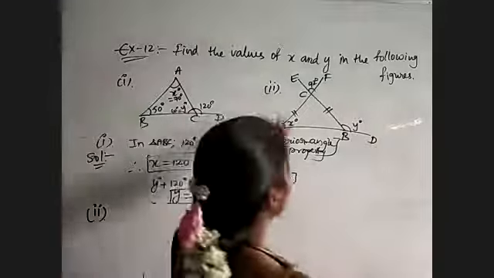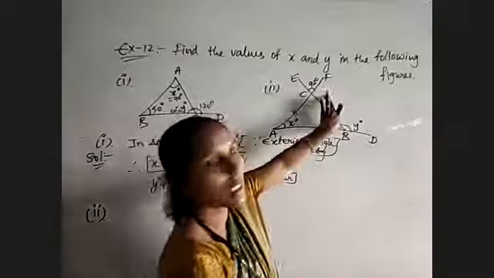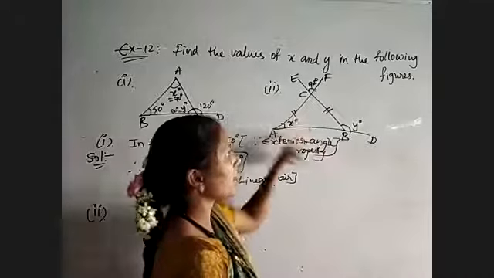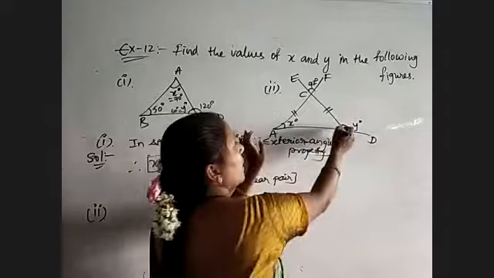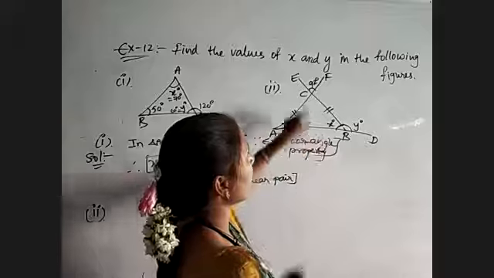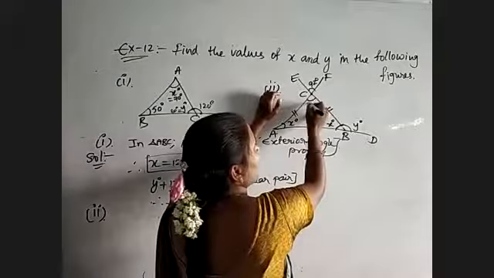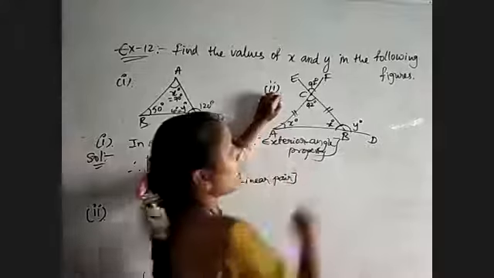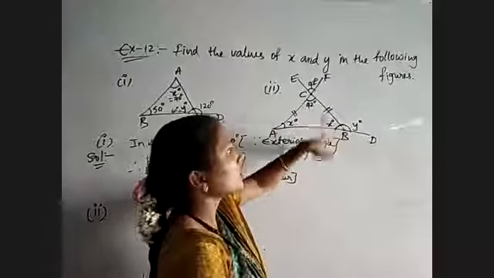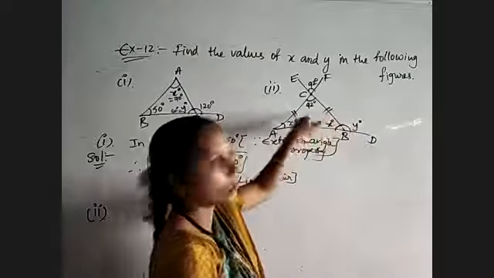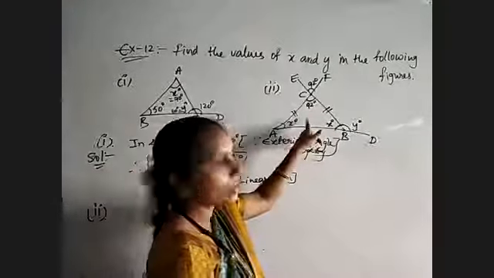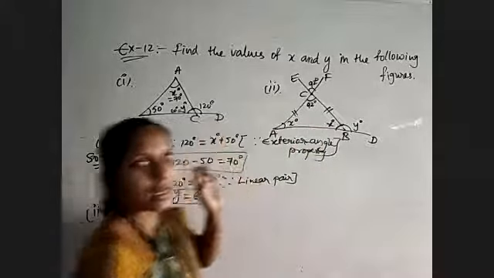Observe here, they have mentioned that AC is equal to BC. That means angle CAB is equal to angle ABC, so this one is also equal to x degrees. Now it is very clear that at C these two are vertically opposite angles, so we get 92 degrees. And y is the exterior angle. To get the y value, x plus 92 is equal to y. So first we have to find the x value, then only we are able to get y. By using the angle sum property we will get the x value, then the y value by using the exterior angle property.